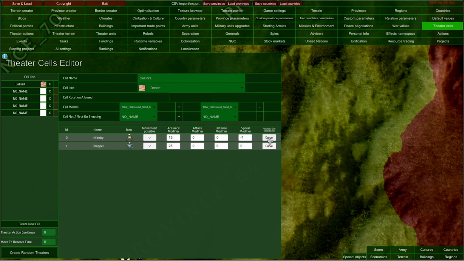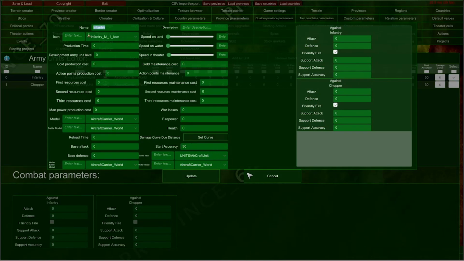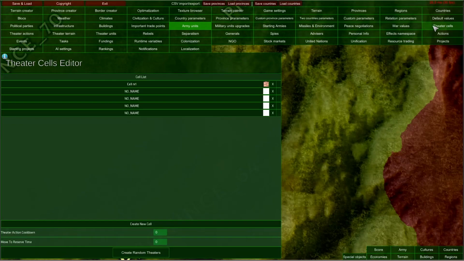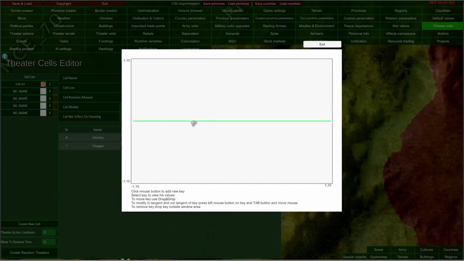What is also important is the curve editor here, accuracy due to the distance. And similarly to our accuracy due to the distance editor here in our army units that we have covered before, in theater cells editor, this editor here also affects the accuracy of our units shooting or firing from this cell.